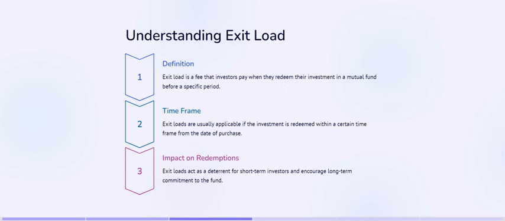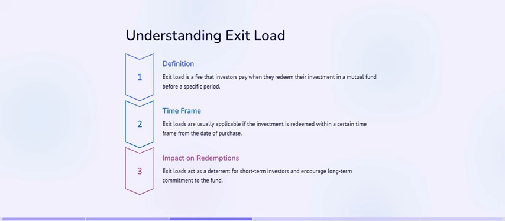So now I will give an example. There is a time frame for the exit load. Suppose 1% of exit load is charged if you redeem the invested amount within 12 months. Suppose I have invested now and after 3 months I want that money back. If I am redeeming in 3 months, 1% of the redemption amount is charged. Suppose I invested 1 lakh and after 3 months I am withdrawing 30,000. So 1% of 30,000 will be charged extra,